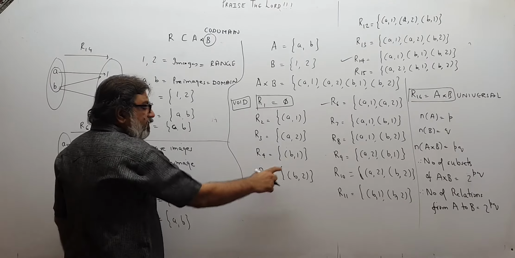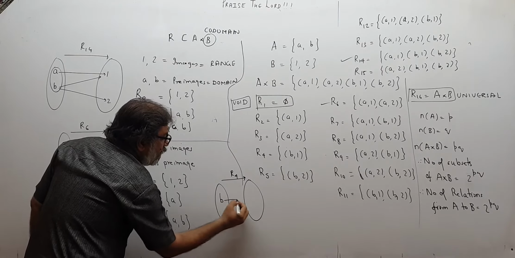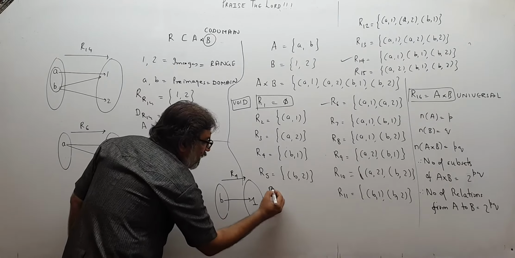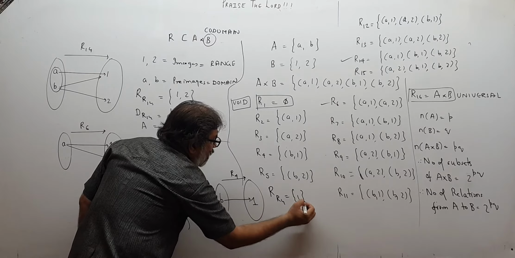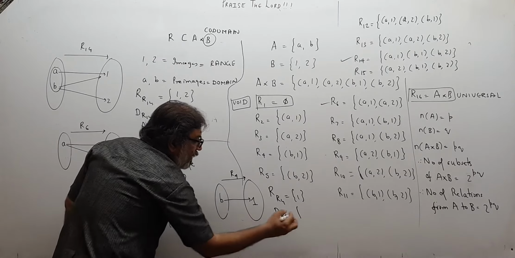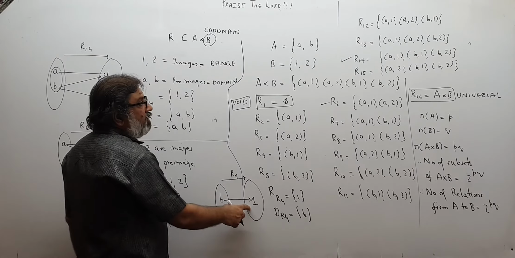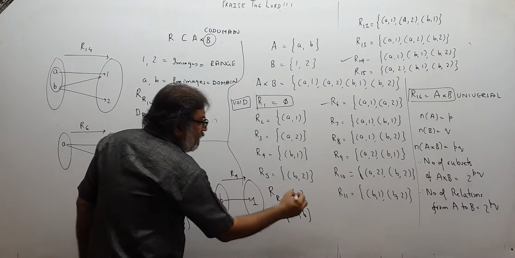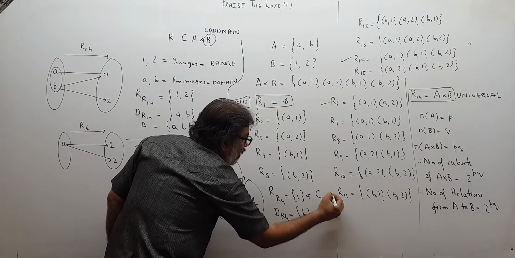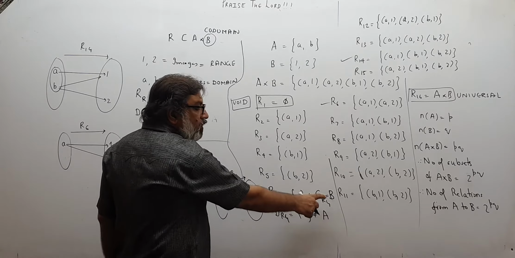If you take this relation R4, supposing, let us draw it, B is corresponding to 1. So what are the images? Only 1. So what is the range of R4? That is only 1. What is the domain of R4? The domain of R4 is only B. So the range is only 1, whereas the codomain is 1, 2. So the range is not equal to the codomain of R4, and your domain is not equal to set A, which is equal to AB. Please understand. So the range is not always equal to the codomain.